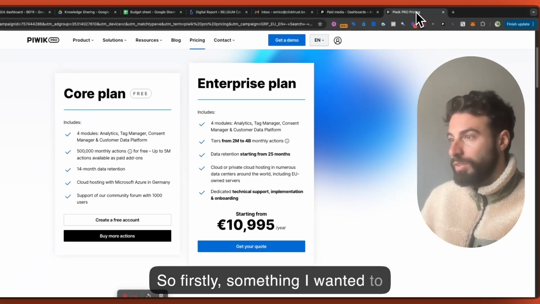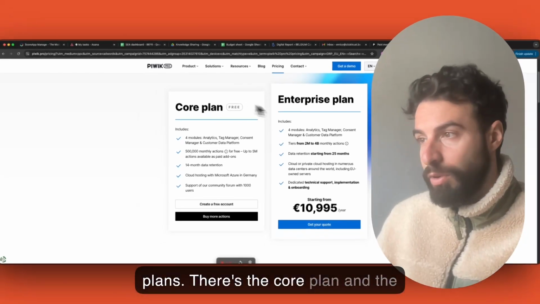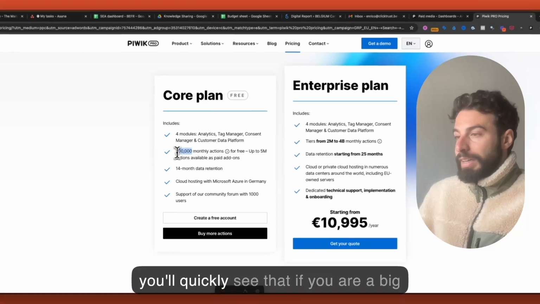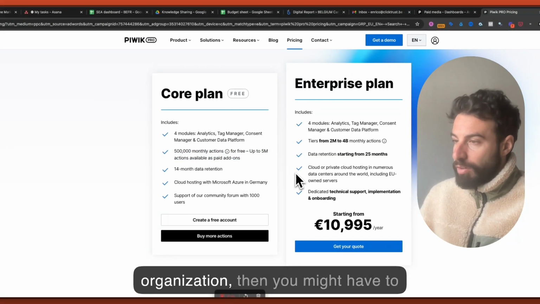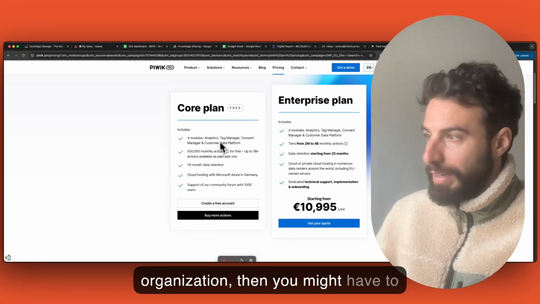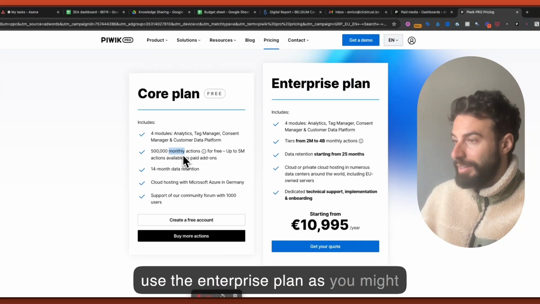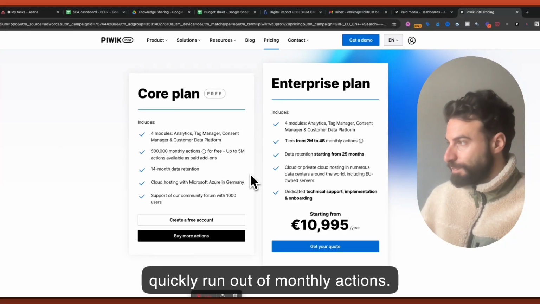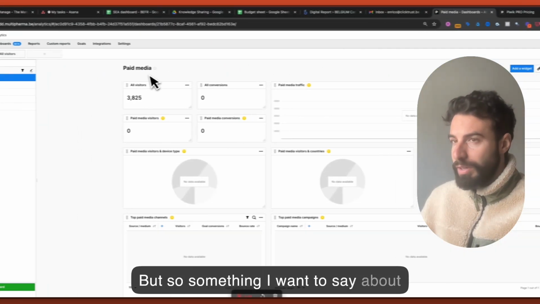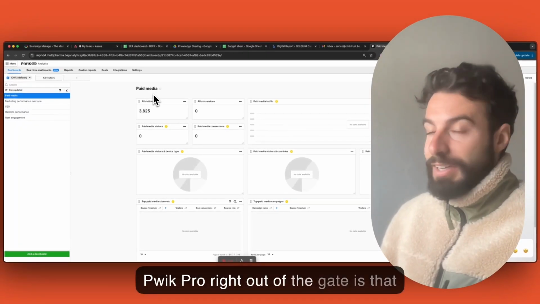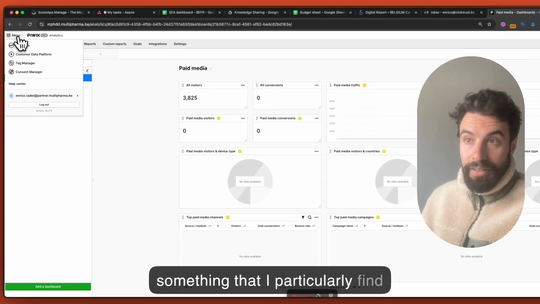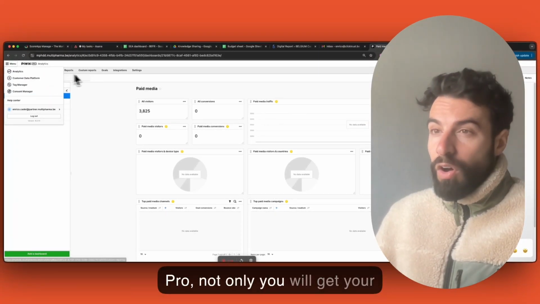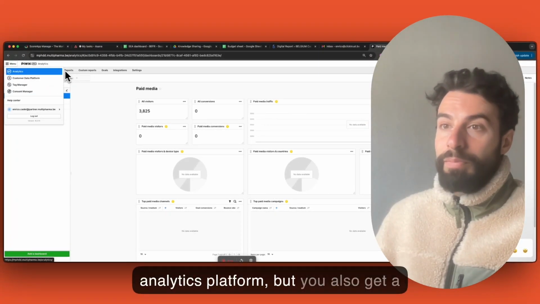So firstly, something that I wanted to mention, there's two different plans. There's the core plan and the enterprise plan. And so you'll quickly see that if you're a big organization, then you might have to use the enterprise plan, as you might quickly run out of monthly actions. But something I want to say about Piwik Pro right out of the gate is that something that I particularly find interesting is that when you get Piwik Pro, you will get your analytics platform, but you also get